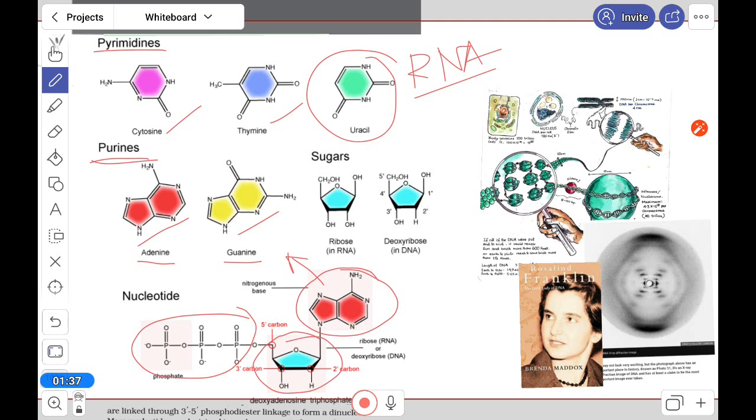Okay, so here is the sugar. Just take a look at the deoxyribose sugar and the ribose sugar. In deoxyribose sugar, one oxygen is deleted, which is why it is named deoxyribose sugar, and DNA is named for that. These are pentose sugars. And here it is ribose. So these are the very basic parts that everybody knows.